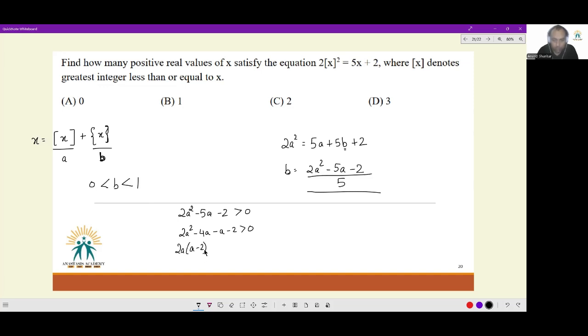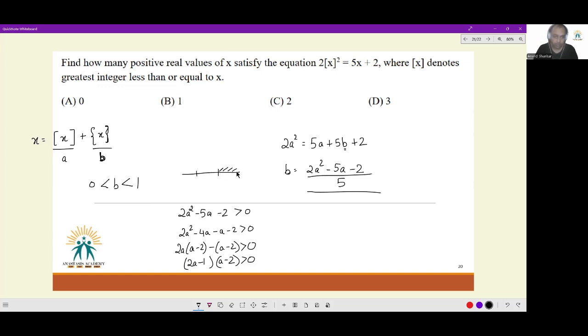2a minus 2 minus a minus 2 is greater than 0. So (2a minus 1)(a minus 2) is greater than 0. What this implies, see, the two roots are identified as half and 2. What this implies are,